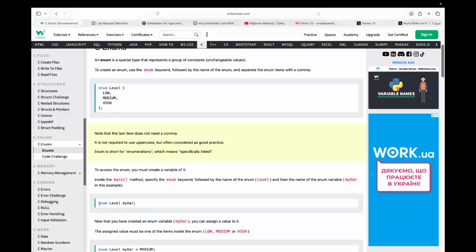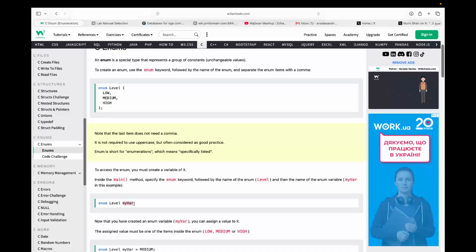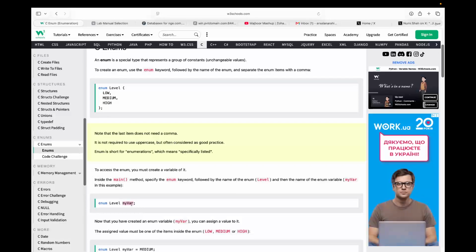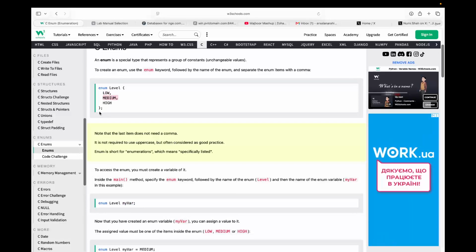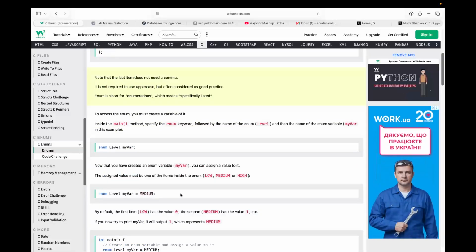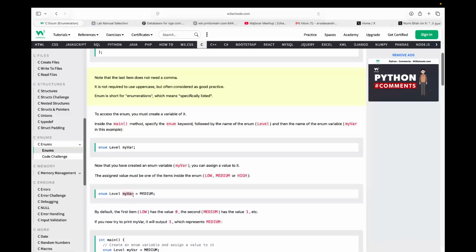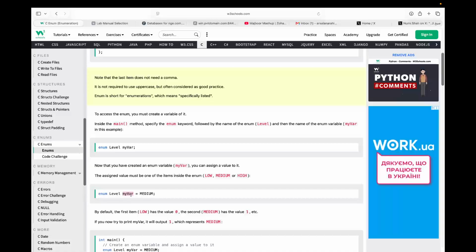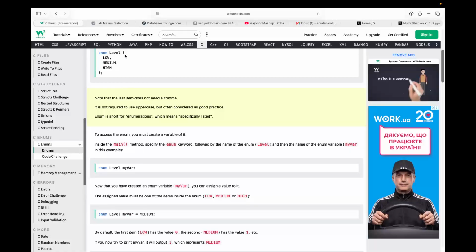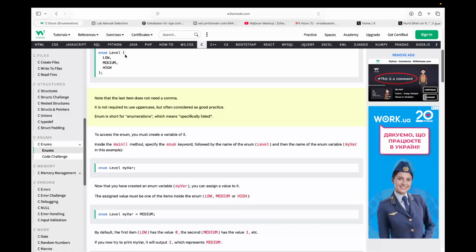Now, what does this mean? That now you have made a variable which is called my var, and you can name it equal to either low, medium, or high. Now, when you are going to make it equal to medium, whenever you are going to use the variable my var, it will automatically write down 1 over there,